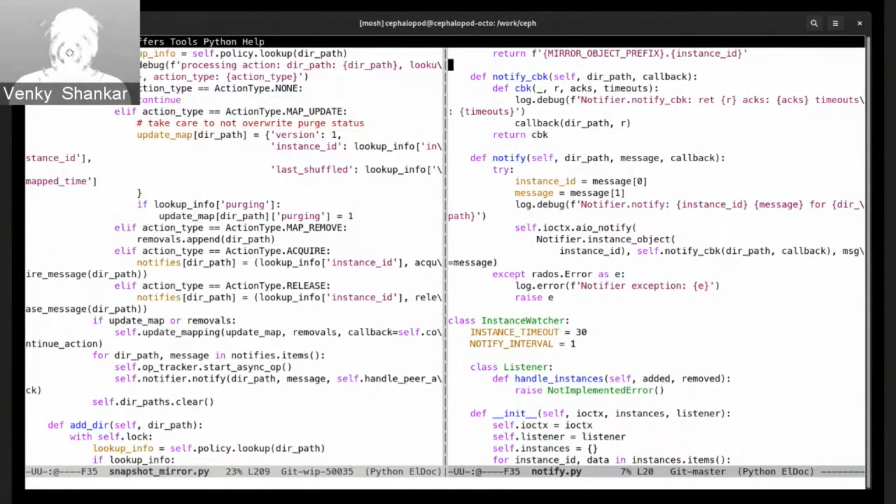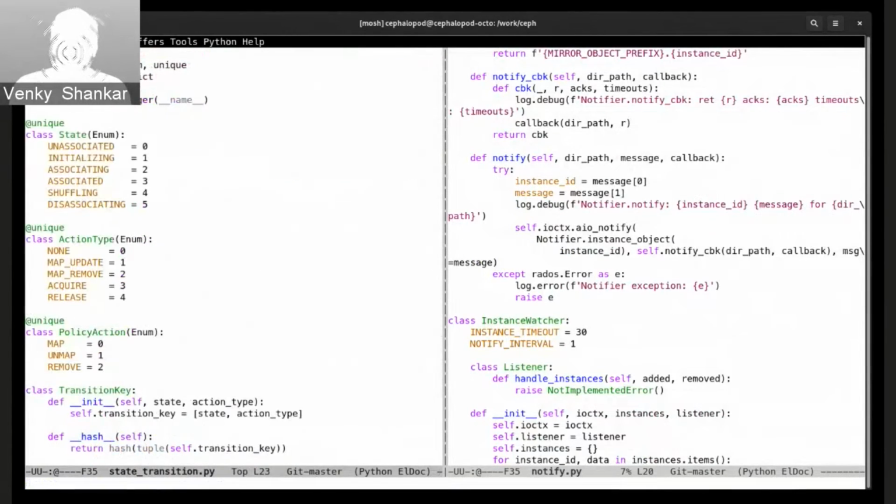It is sent to only one particular mirror daemon instance, and that acks back, and once that acks back, all this drives the state machine again. Once you send an acquire message to a particular mirror daemon, it acks back saying that it has seen that message, and it's now responsible for that particular directory. We now need to move states. So what happened is, when you added a directory, depending on the state transition